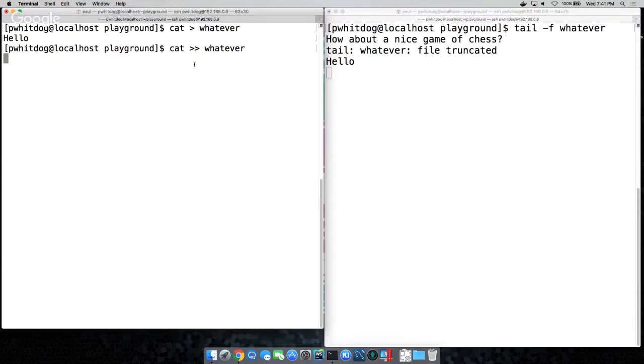So double redirection says append. Now type some lines and press enter, and type some lines and press enter. And you can see on the tail, it's live updating. So you'll be tailing log files all the time. I run my node server and it'll produce a log file, and I'll tail the log file while I hit the website. I want to know what's going on, so I'm live updating and watching the log file. So Control D on your left-hand side.